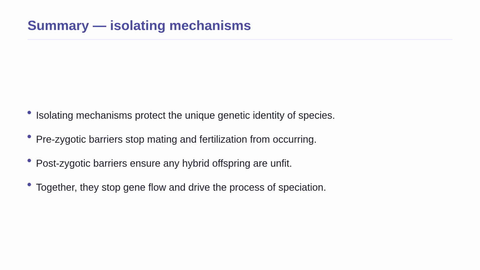We have covered a lot of ground today, so let us summarize the most important ideas. First, isolating mechanisms are the essential biological and geographical safeguards that protect the unique genetic identity of every species on Earth. Second, we learned that pre-zygotic mechanisms act as the first line of defense, stopping different species from mating or fertilizing eggs in the first place. Third, if those initial barriers fail, post-zygotic mechanisms step in to ensure that any resulting hybrid offspring are unfit, sterile,